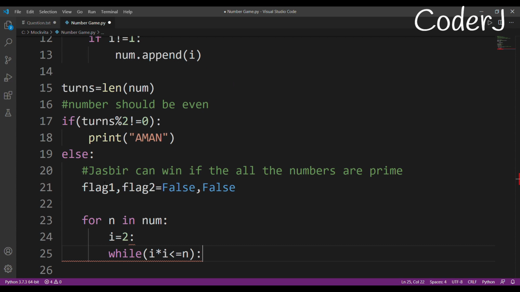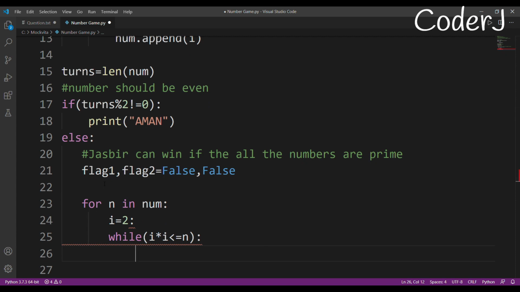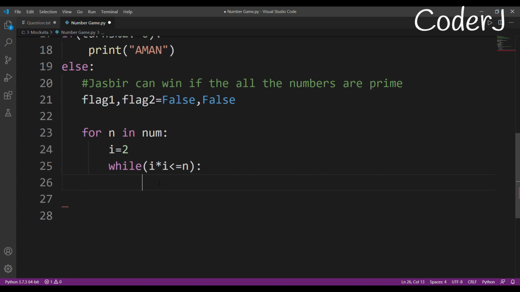If even a single number is composite, then I'll break and not do any further check, because that gives Aman the freedom of one more step, and that step will be the reason why Jasbir loses. So if even a single number is composite, I'll just accept my defeat.